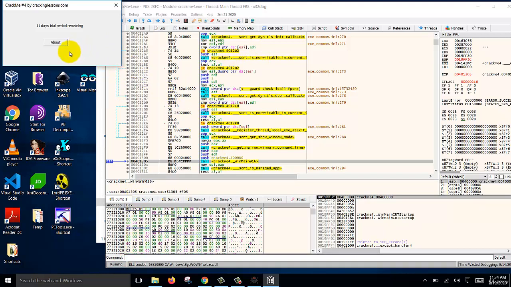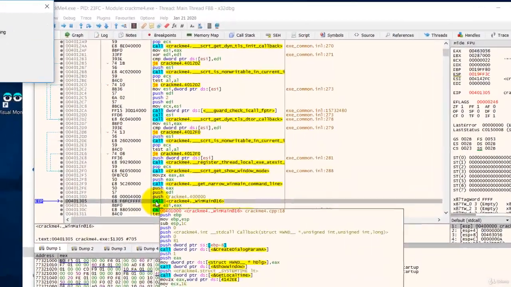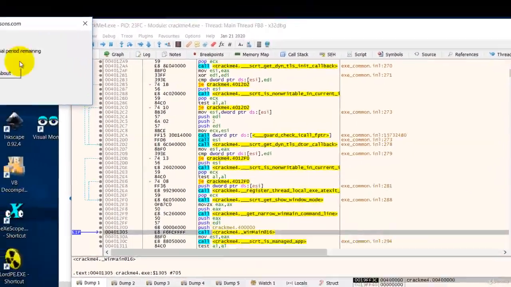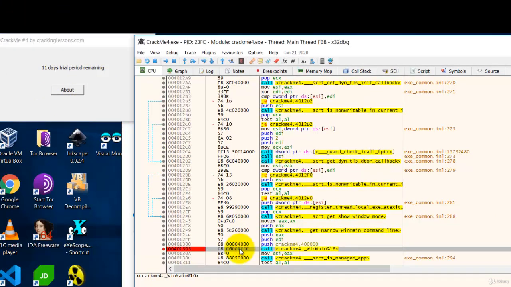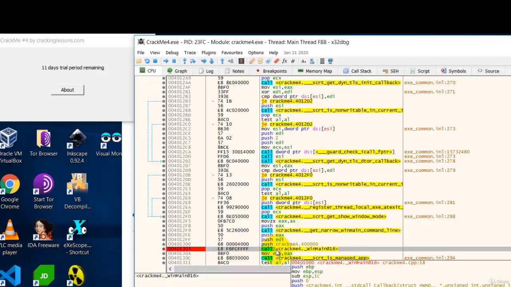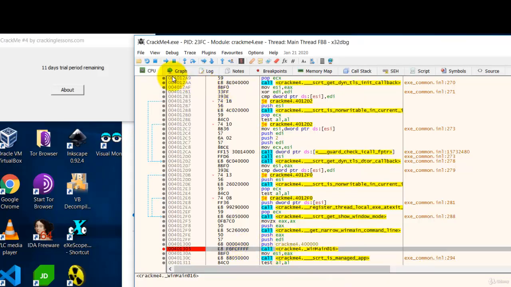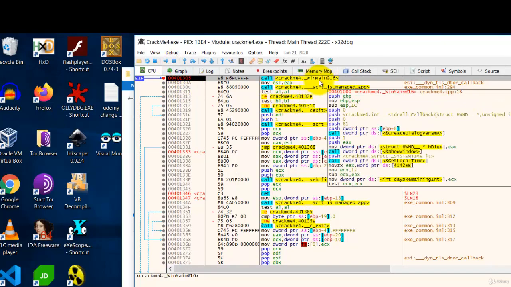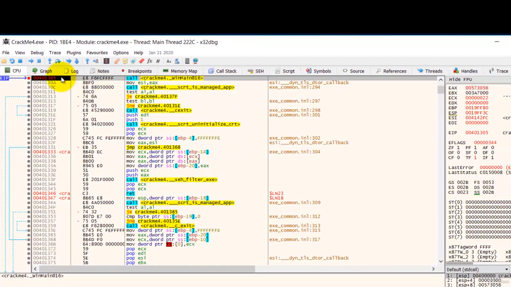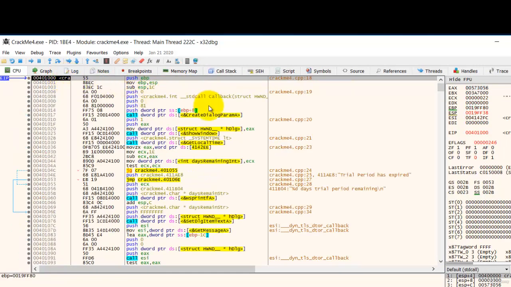So at this point in time, observe that this is the last call that was made just prior to the dialog box being shown. So this is a good place to put a breakpoint so that we can step into it at the next run. So now let's restart. We are at the entry point. Run to the breakpoint. So now we are at the breakpoint that we set. Press F7 to enter it, and now press F8